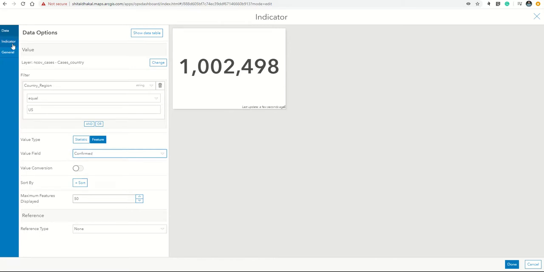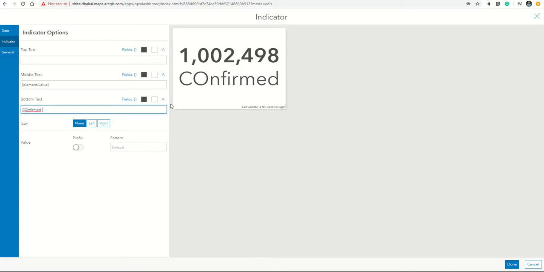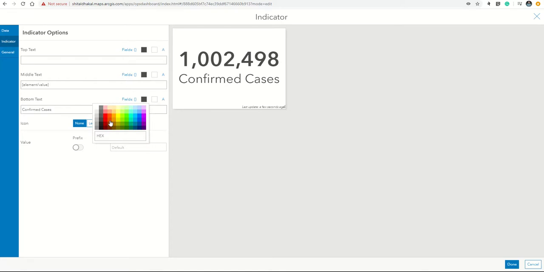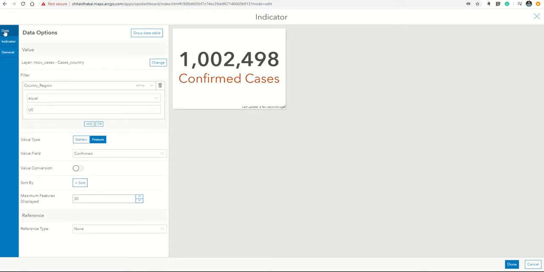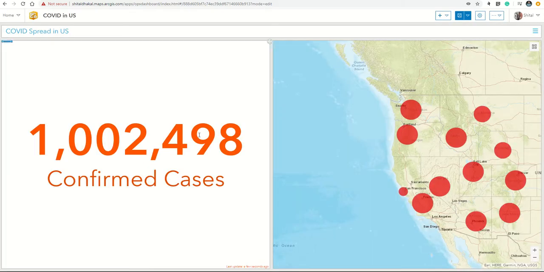The other settings available here is I can change the text. On the bottom of the number, I can say these are the confirmed cases. And probably I want to make it look more orange. The same with the text, I want to make it orange, and that's it. I don't want to add any more detail to it, so I can do this,